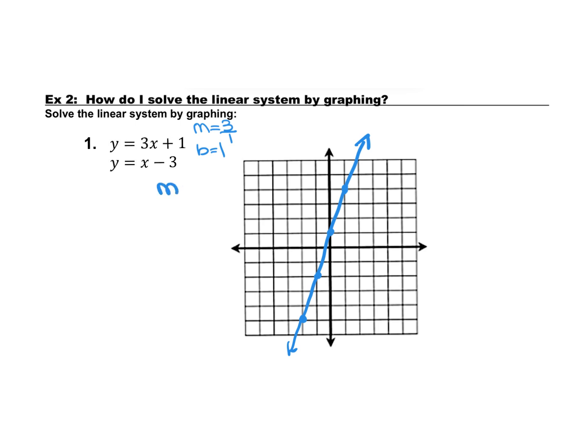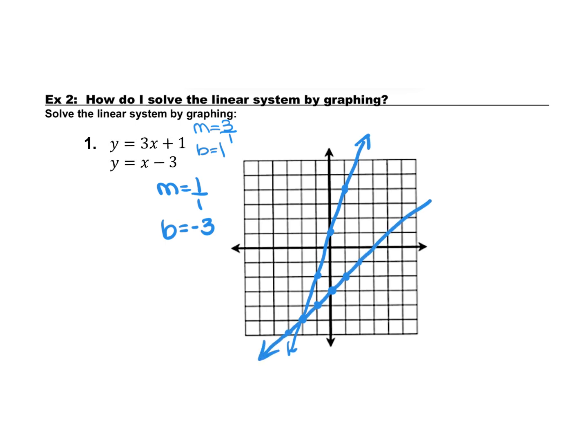So we've got the slope that's equal to 1 over 1, and a y-intercept that's equal to negative 3. Now we're going to start on the negative 3 and go up 1 over 1. If I continue in that positive direction, I'm looking for the point at which I'm going to intersect. I'm just going to back up by going down 1, negative 1, down 1, negative 1. And notice right here